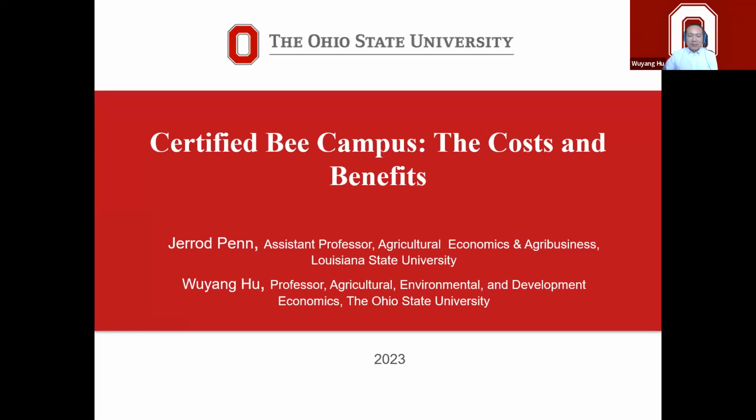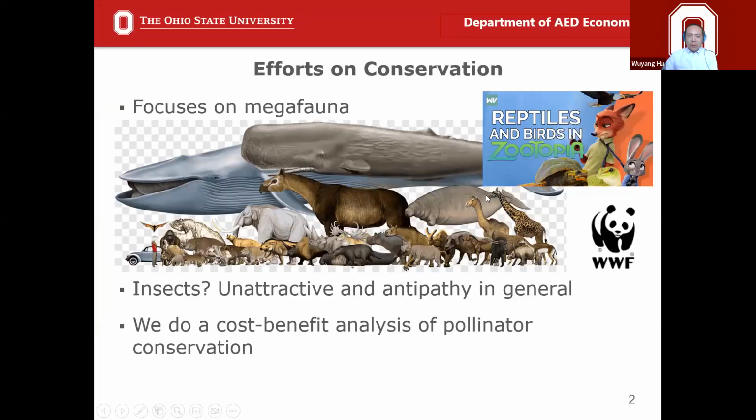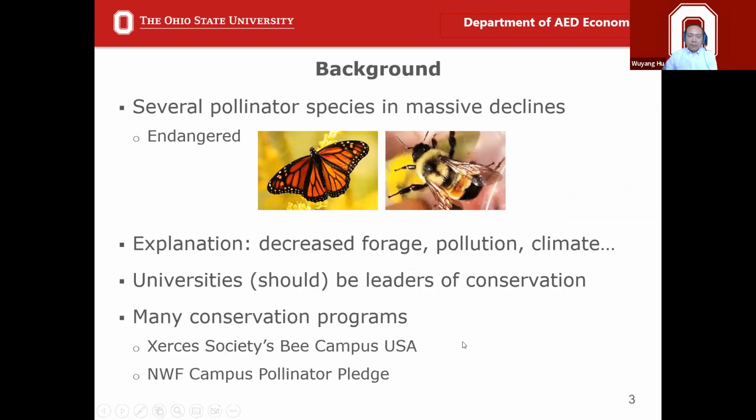Really, it's a teamwork. The conversation starts from the conservation effort. We hear about the megafauna a lot more, like whales and pandas and foxes and little animals and mammals and rabbits and all that kind of deal, even ancient extinct animals. But we rarely talk about insects. Are they unattractive? Are they just not important? Obviously not, right? We have heard from Mary about the real importance of the insects. But the problem is the major decline in their population.